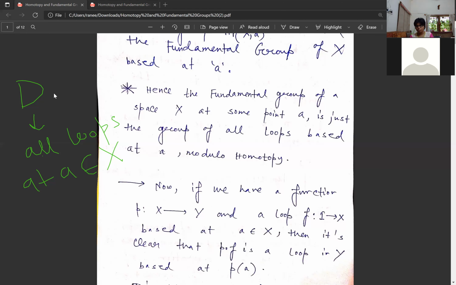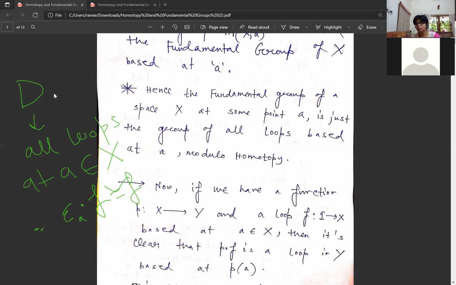But if you take the constant map at A, let's say it will be epsilon A, and take the product of this with any loop F, right? This is not the same as F. They are homotopic to F, but they are not the same. So this will not form a group. For it to form a group, we want this to be the same. But they are just homotopic,